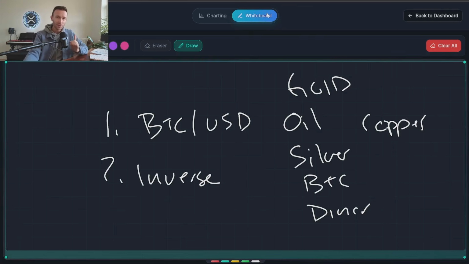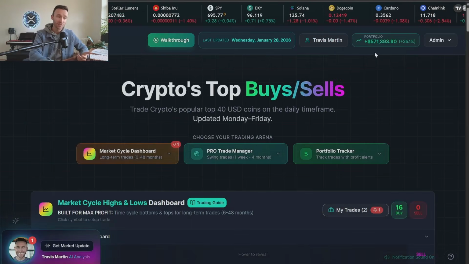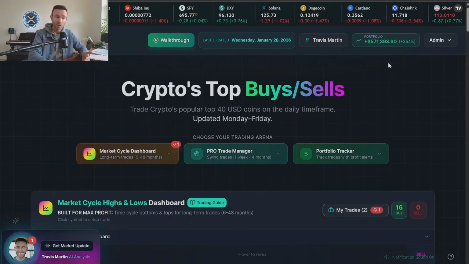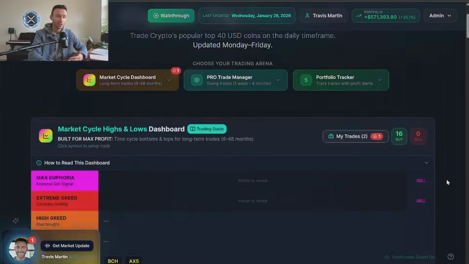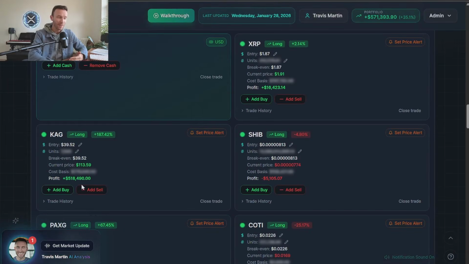Guys, we saw this rotation take place on silver when Bitcoin was breaking down and depreciating to silver. We started buying into silver at $32. That position is now up substantially for us in our silver position, which is why we are up $571,000 of profit for just this year in 2026 because of the holding of silver. Our silver position is actually up $518,000 from when we got in at our break even of $39.52.